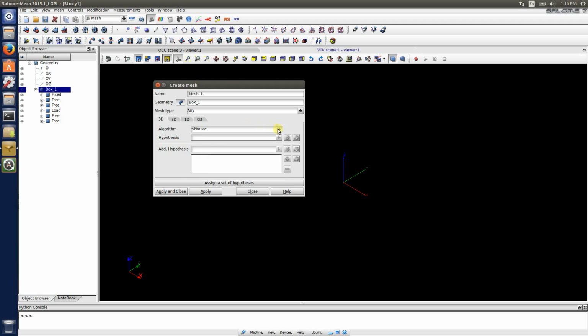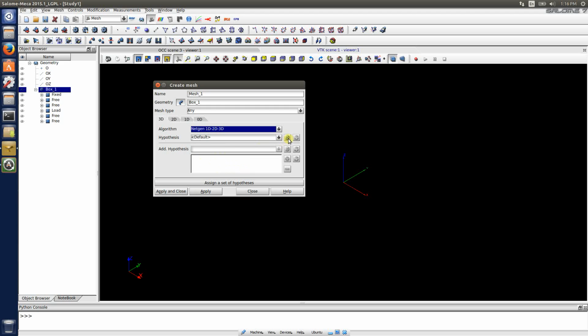Now I go in. The best thing to do, I found, is a thing called NetGen. The NetGen 1D, 2D, 3D. And the reason being is because I have found it's one of the most controllable. Some of the other modules don't work as well. That one tends to work all the time well. And so for that reason, I like to use it because I don't like to have to mess with too much. I like to go ahead and do it and get done with it. Once you do it,